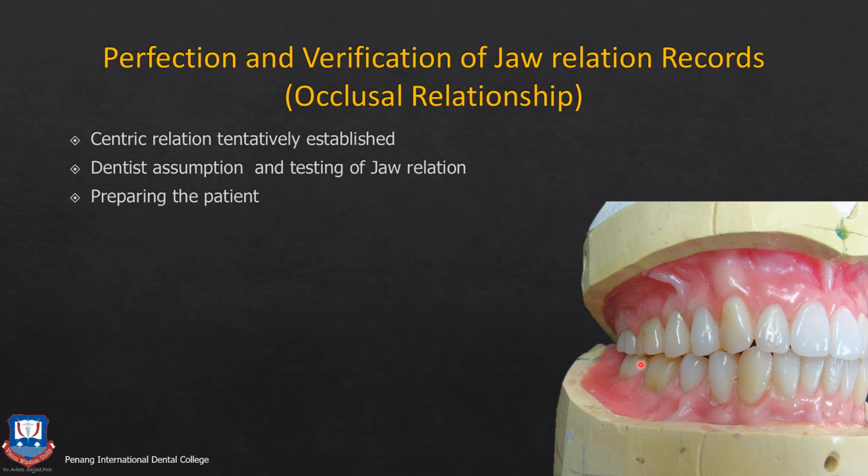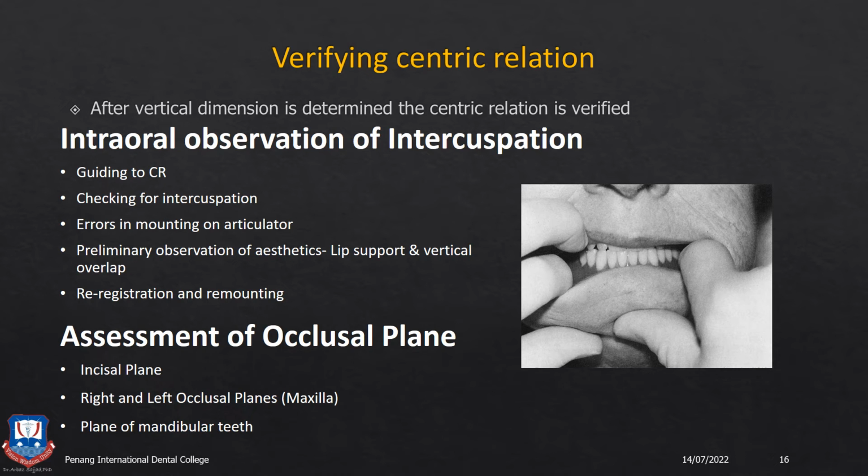That is, the class 1 occlusal relationship should be visible, and there should be no evidence of the patient sliding the mandible from the centric position. This will create instability in the denture in the future. So you will check for the centric relationship, and you will check for the proper intercuspation of all the teeth in centric relation. If there are any errors, then you will take an interocclusal record, and the mounting needs to be re-articulated on the articulator. Then you will correct the teeth arrangement, that is, the occlusal relationship,